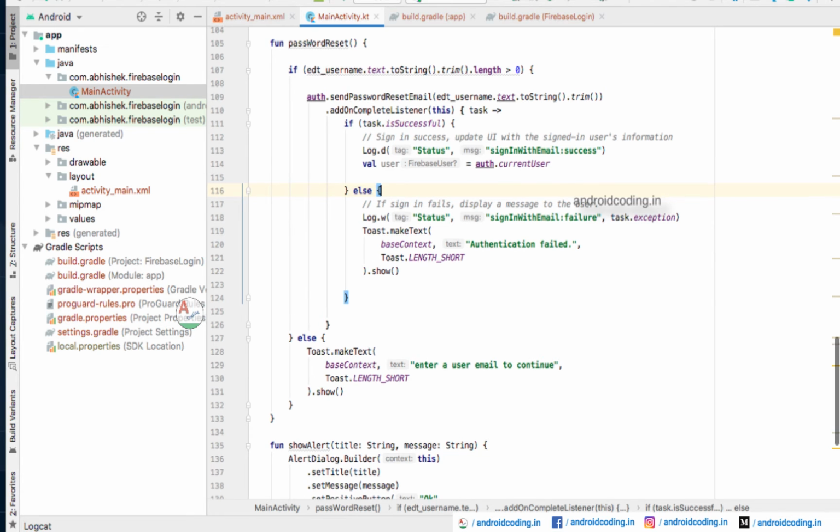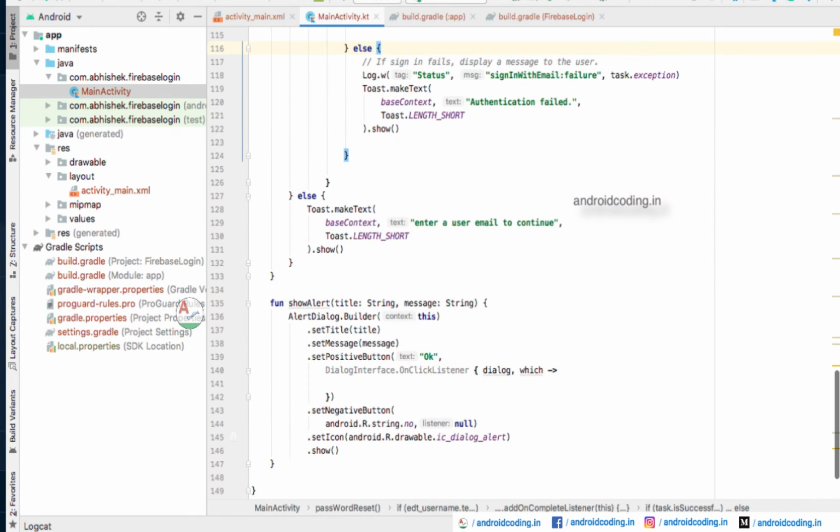and using which he can reset his password. And what is the best thing is, if you are doing all this manually by making use of your own server, you need to create all these statements, all this code by yourself, like accepting the user email, and making the background things onto the server, making a PHP file or whatever the language it might be. So here using Firebase, you are avoiding all these kinds of things by directly making use of these Firebase libraries.